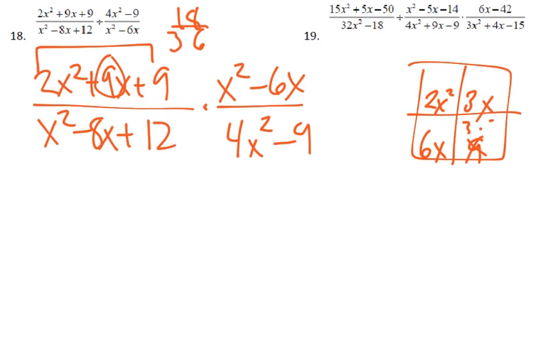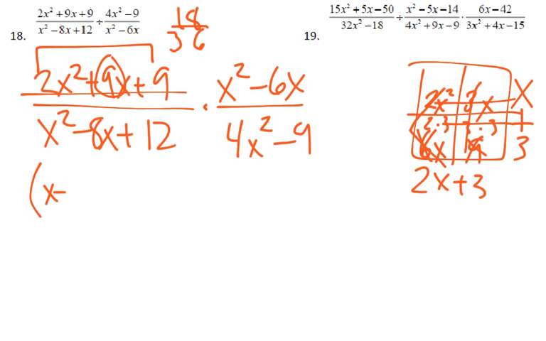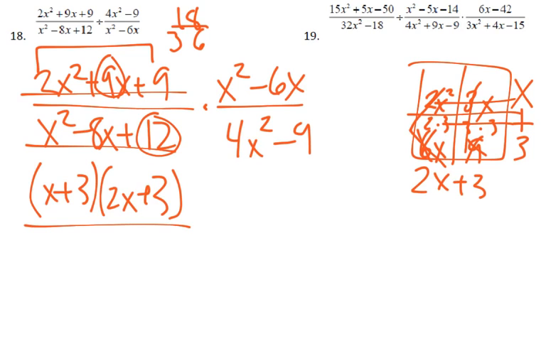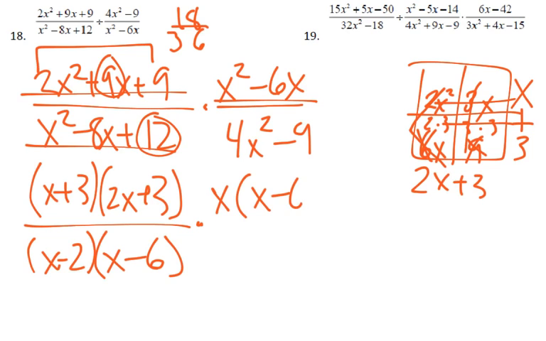So 9 is really 3 times 3, 6 is really 2 times 3. So 2 and x plus 3 and x. So this one becomes x plus 3 times 2x plus 3. This one, factors of 12 that add up to negative 8 would be, we've got 3 and 4, 2 and 6, yep, negative 2 and negative 6 will give us positive 12 and negative 8 times, pull out an x, x times x minus 6 over,